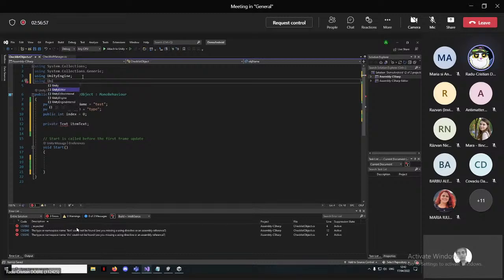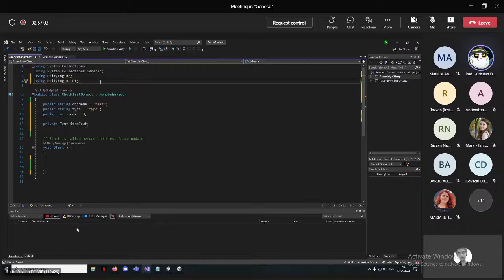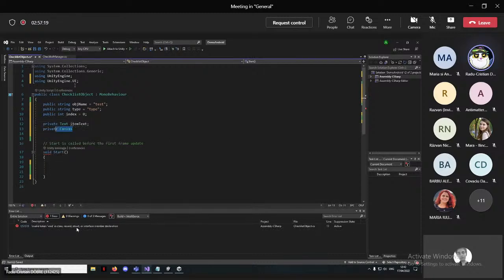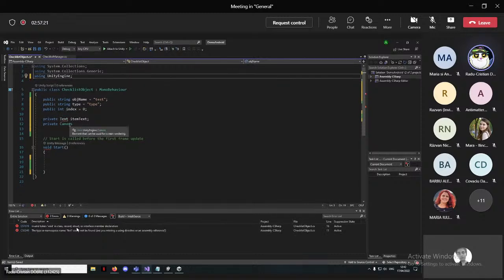So you should have using UnityEngine.UI is needed. Okay, so the problem disappears because we have the text. So now it knows what some UIs are. It knows also about Canvas, I think. Now it knows about Canvas. If you remove this, it shouldn't know anymore. Oh, it knows about Canvas because it comes by default with